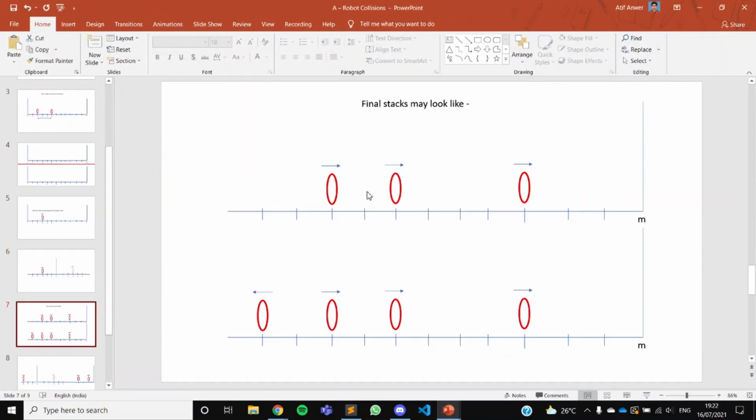So either all of them will be moving towards the right, because all the ones that are moving towards the right, I have just pushed them in without checking if they'll be colliding, because they are not going to collide with anything towards the left before colliding with the wall. So all these will be moving towards the right, or you may have a single, only one robot in the end moving towards the left, not more than that. You can't have more than that, or else we would have already popped it initially when this was being considered.